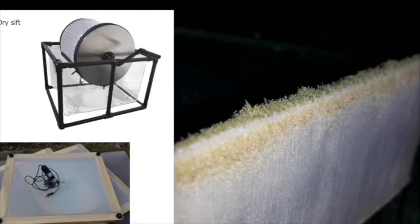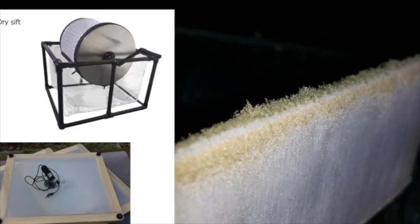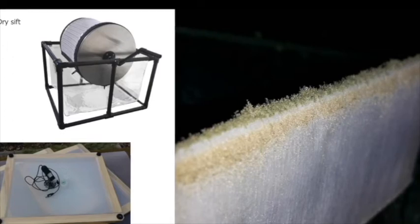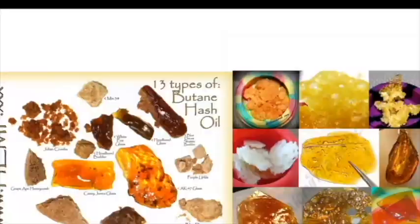From there, what you want to do is basically remove any plant material from that, and you use the screens here. And a lot of people on the market right now aren't doing this. It sucks. If you looked at any hash that is currently being sold, I haven't seen any that has hit 70%. That's the cutoff that people shoot for, full melt hash. But really, whenever